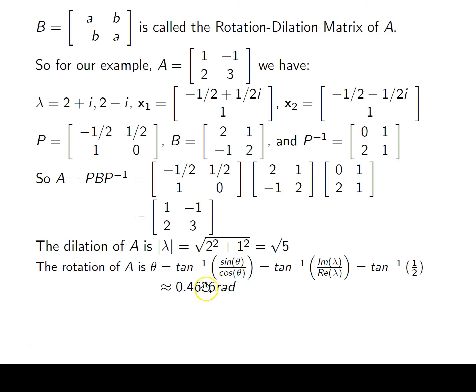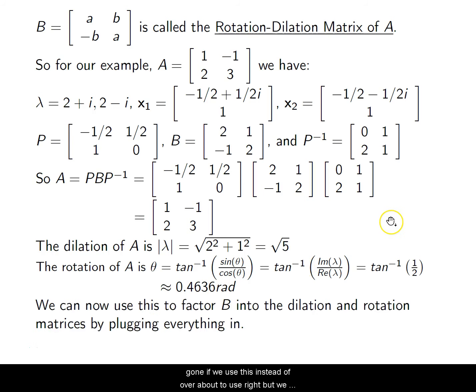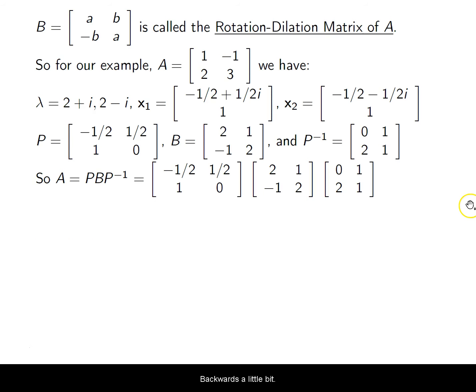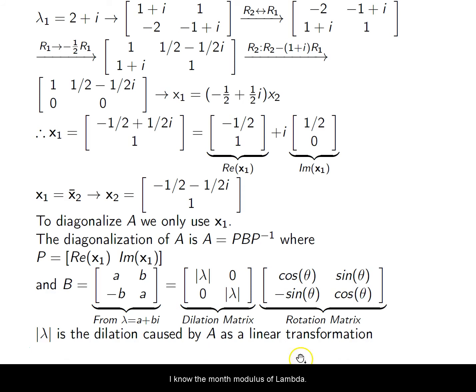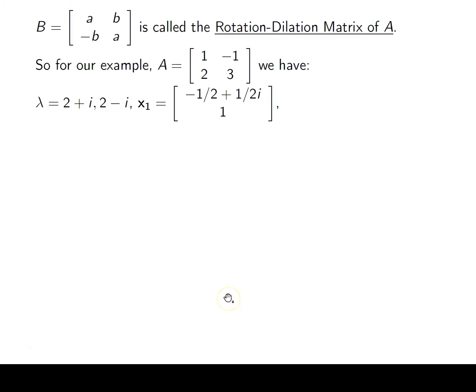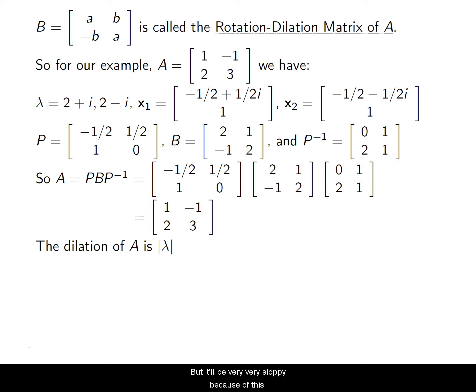I'll tell you what, later on in this video, I'll talk about what we would have gotten if we used this instead of what we're about to use, right? But we can find this thing exactly, okay? So we can now use this, if we wanted to, to plug into that rotation matrix. Backwards a little bit, okay? I know the modulus of lambda, and I know that this is the rotation matrix, so I can plug these things in to find out what the rotation matrix looks like, right? But it'll be very, very sloppy because of this